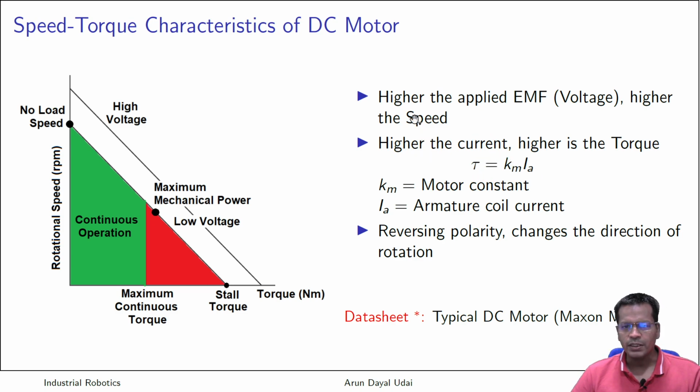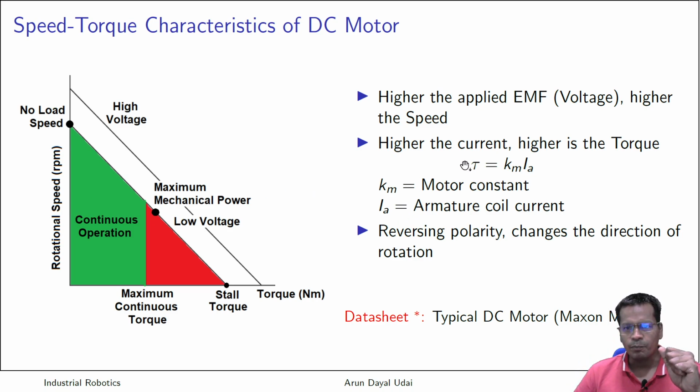And one more thing, speed and this torque, they are interrelated too, because the power input to the motor is constant. Power is tau into omega, that is the power is constant. So if you increase one, the other one will decrease, but definitely not in a straight line. So this is a relation which is quite commonly found in the data sheet of any DC motor. So that is what I will discuss now.